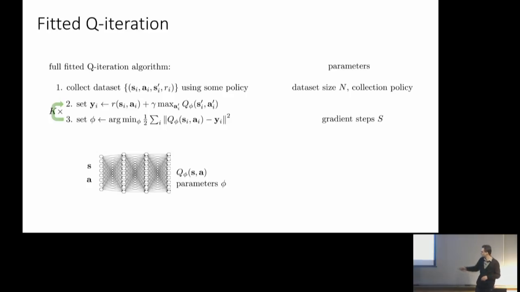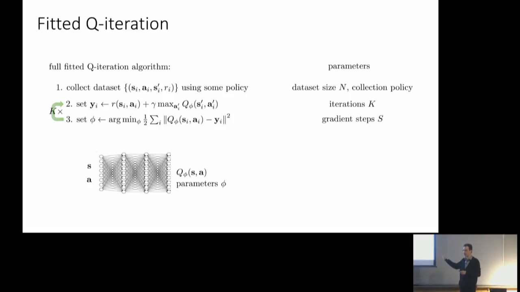And you also repeat this process multiple times. So you could update phi, recompute target values, update phi again. You can do this many, many times, maybe without even collecting any more data. Maybe you can't collect any more data. Maybe your data is just historical data that you collected years ago and you're just doing fully off-policy learning. Or maybe you're doing something that's very online, in which case maybe k equals 1. So you just go through this process once and then go get more data. So there's choices there. So you have to choose the number of these fitted Q iteration iterations, which is k.